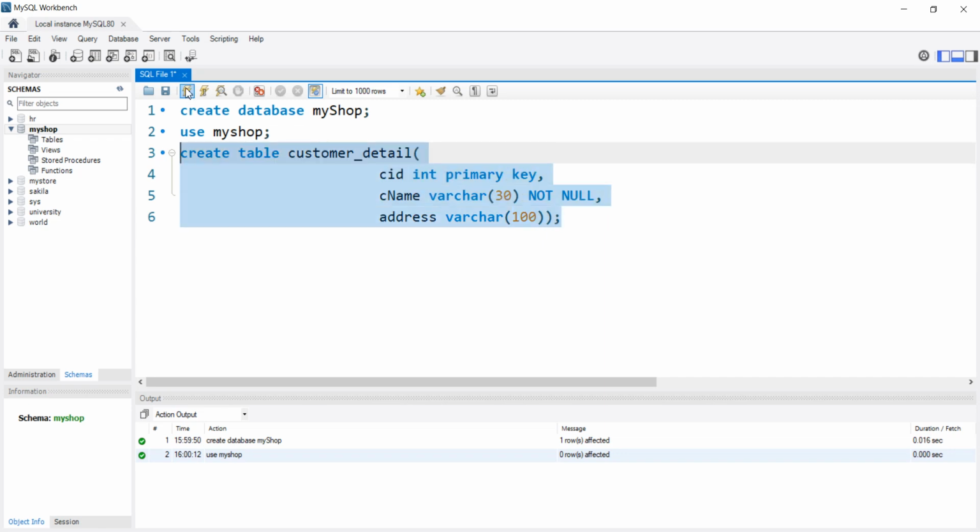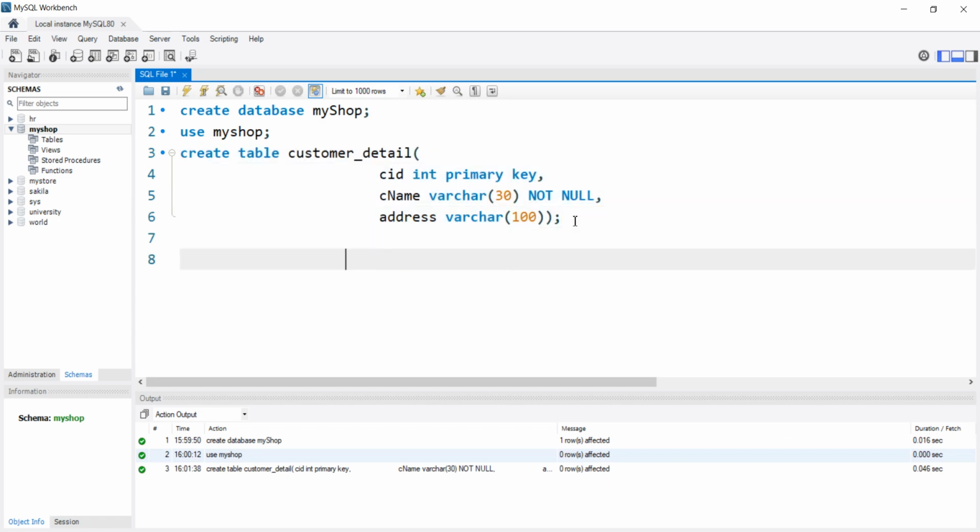Just select the query and execute. Table has been created. Now I am going to create a second table, which is a child table in which we are going to apply the foreign key constraint. The name of the second table is customer_order. So, create table customer_order,